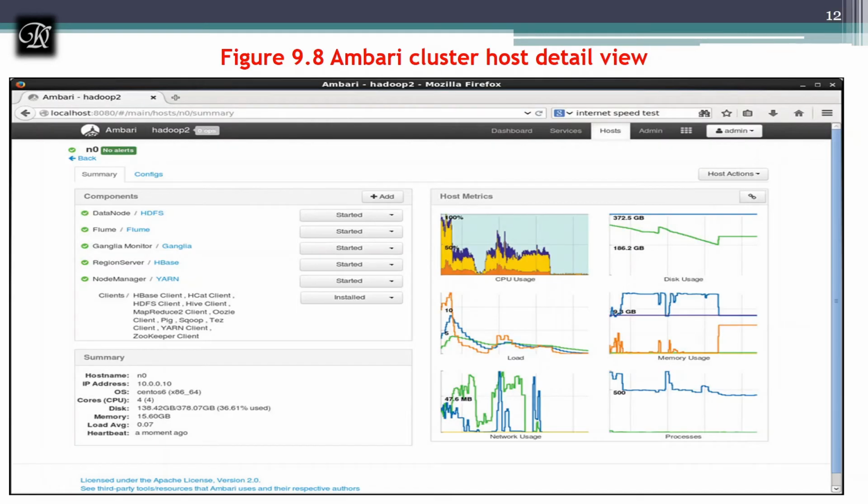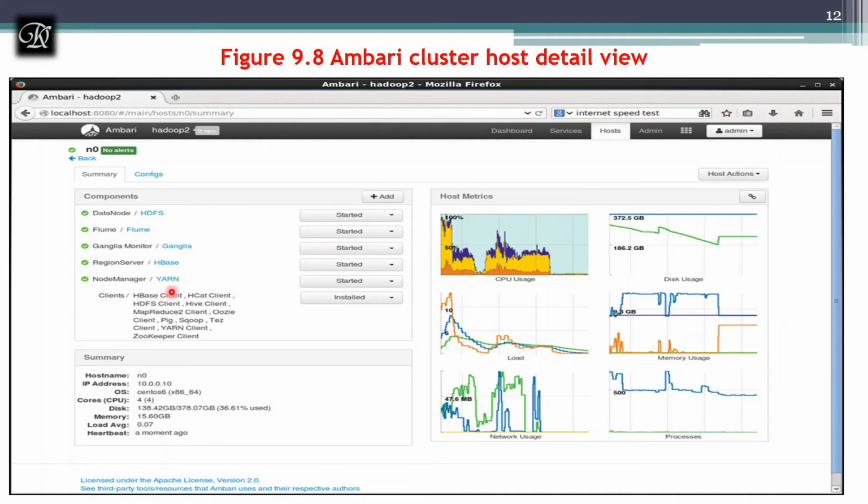Next we have the Ambari cluster host detail. In that cluster I have opted for N0. N0's complete detail is going to be given. It is going to tell whether it's a data node, yes. Whether it's running a Flume agent, yes, started. Ganglia is started, yes. Region server is HBase.